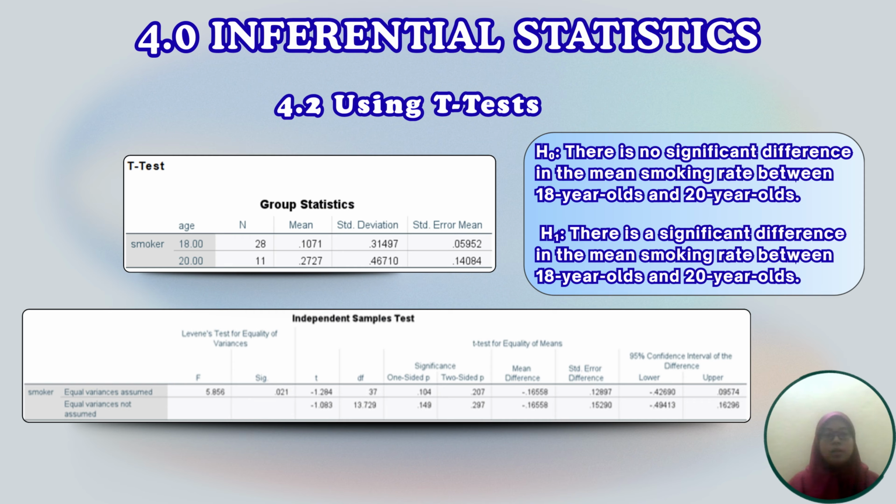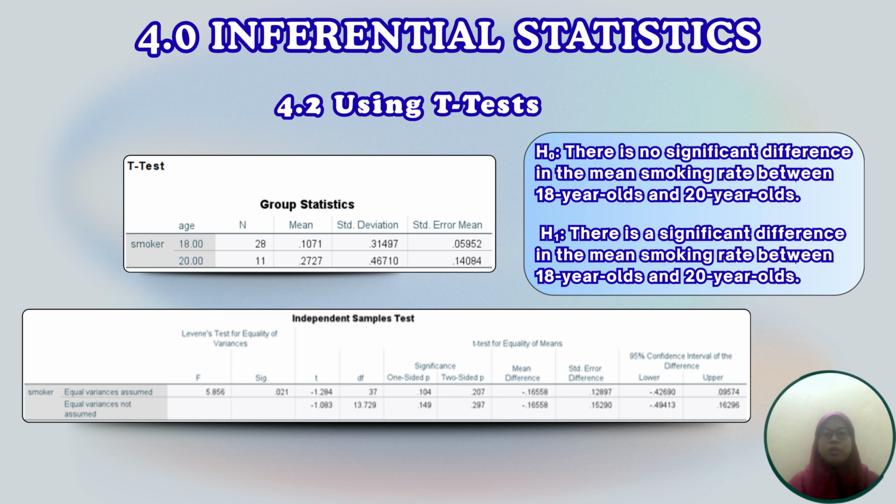Looking at the adjusted row, the independent sample t-test generated a t-value of -1.083 with 13.729 degrees of freedom, and this calculated test statistic results in a two-sided p-value of 0.297. Because our p-value, 0.297, is substantially higher than our 0.05 significance threshold,